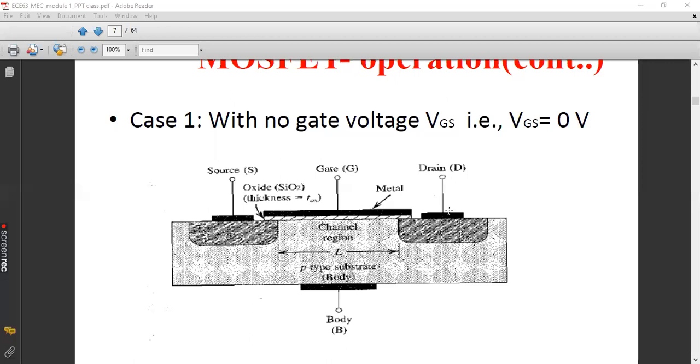You can take down the figure. It will be the same figure that you drew while doing the device construction, with no change because the channel has not been induced. Since there is no channel, there is no current flow.